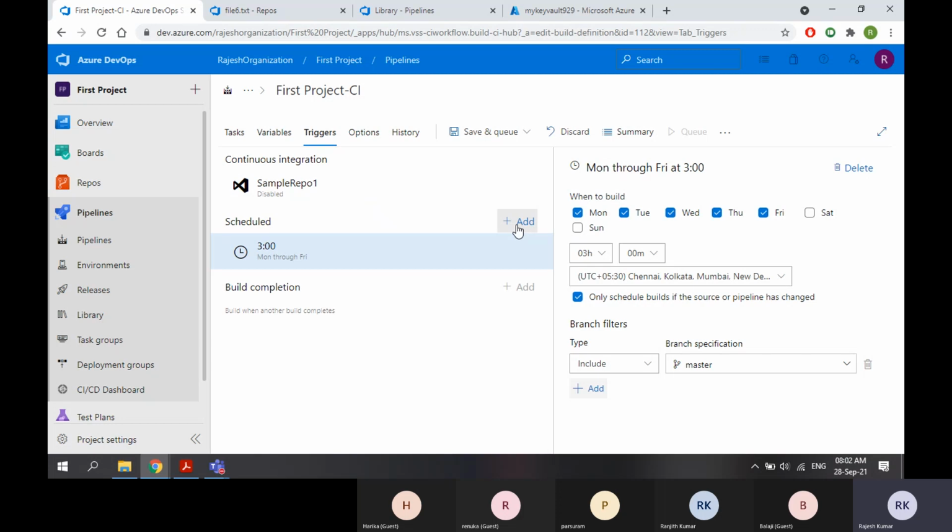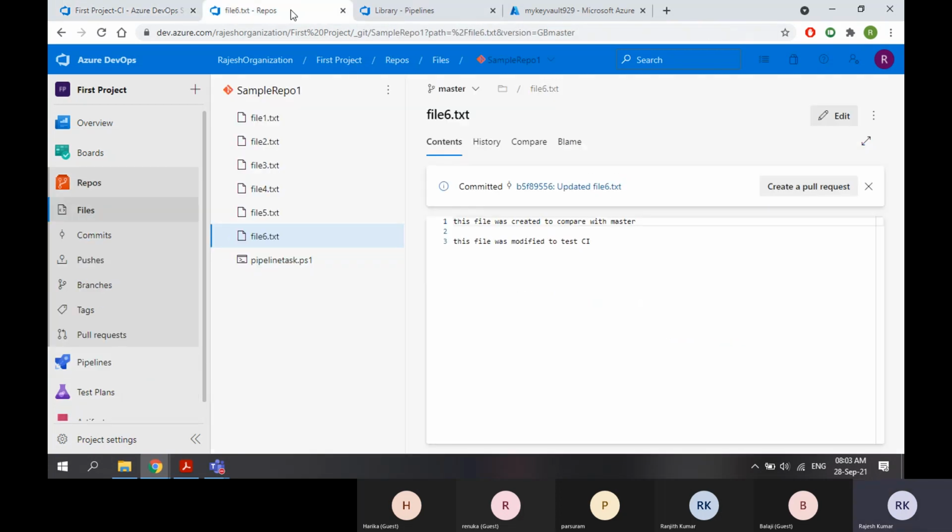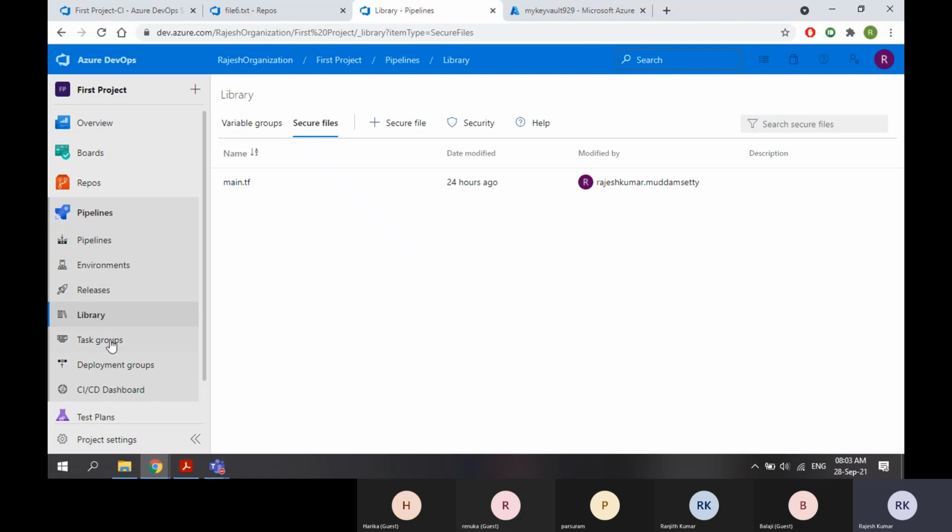Suppose in a day, a developer can create multiple changes. Let's say 10 changes. He came to the office and he did 10 changes in a day. So for 10 changes, the build will run 10 times. In our case, we are lucky that our builds are taking very less time.